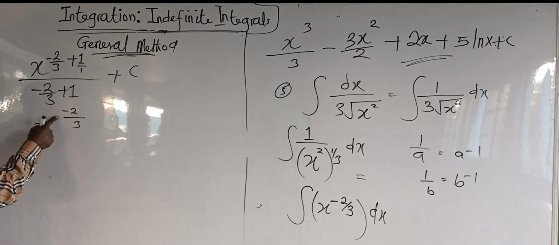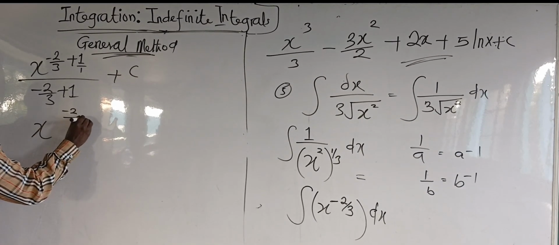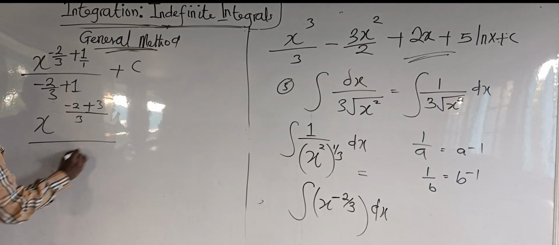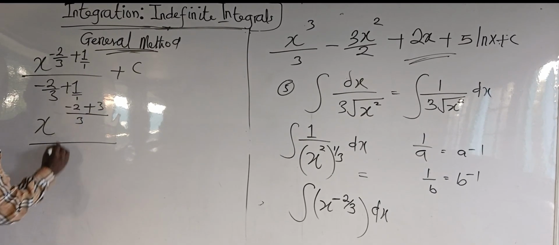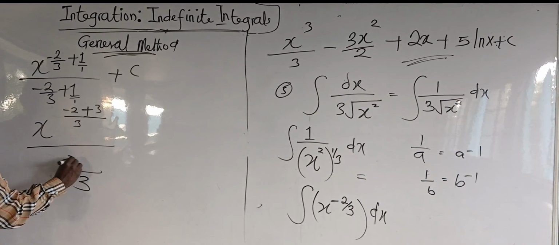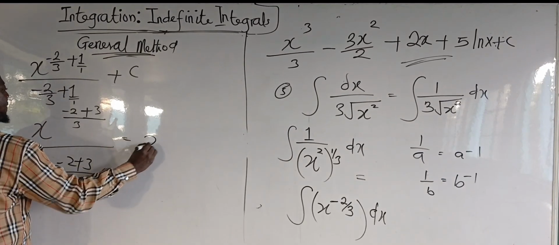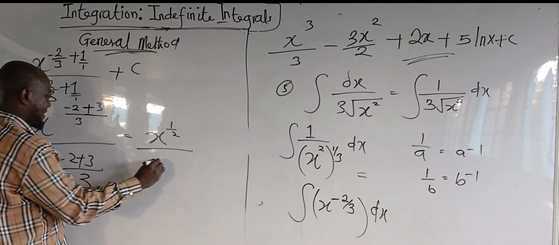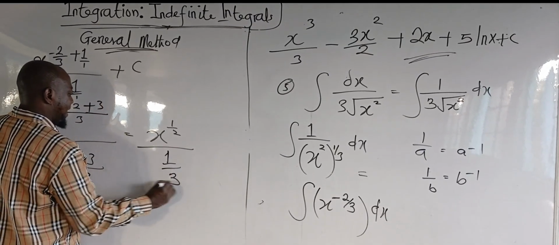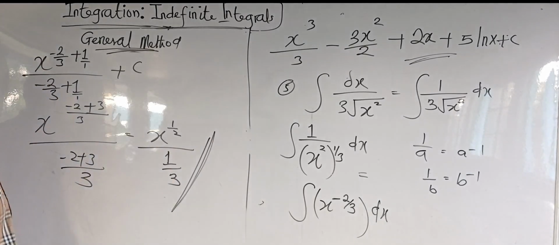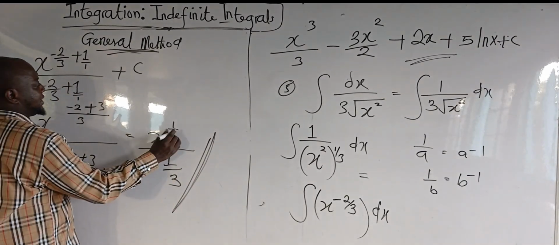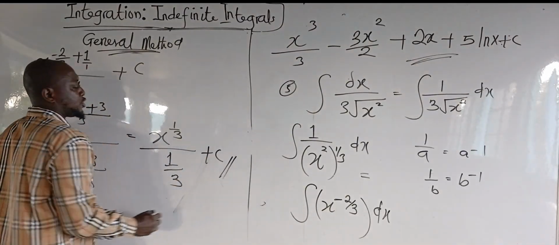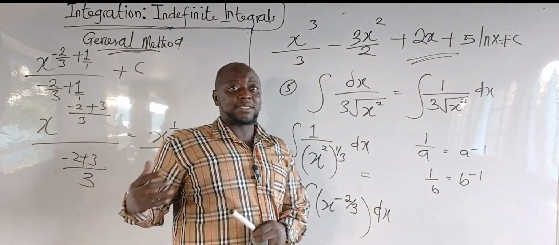Then what do I know? Then here will give us plus 1 and 3 is 3. 3 times 1 will give us 3. So all over, same thing. If you find the LCM, same thing. We're going to have 3 minus 2 plus 3. So here I have that x here will give us 1 over 3, all over here will give us 1 over 3. This is how this is done. So plus c. Don't forget, you must always try and learn to put your plus c, because if you don't put